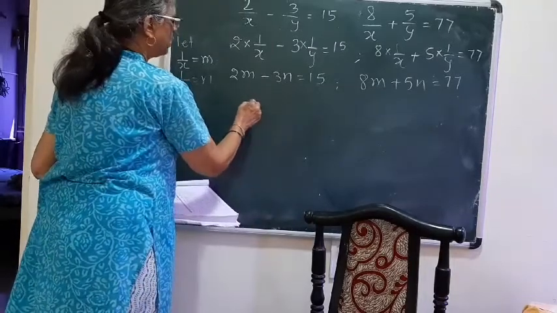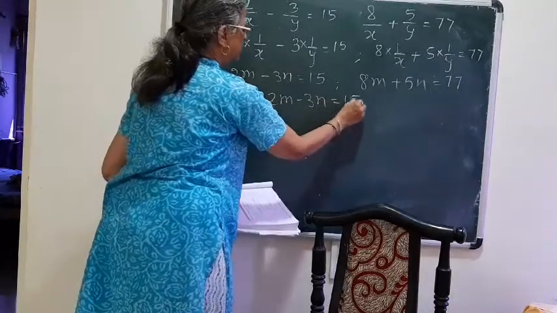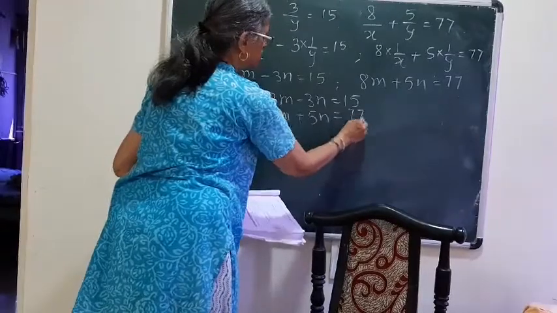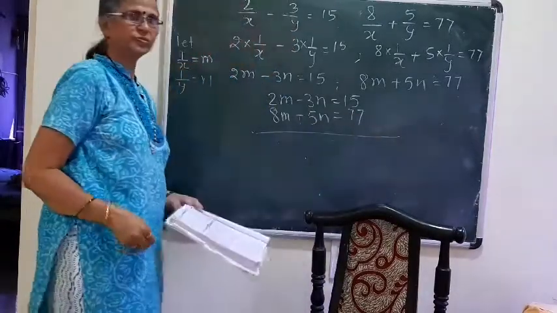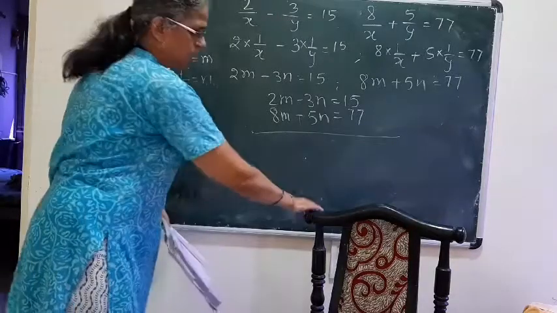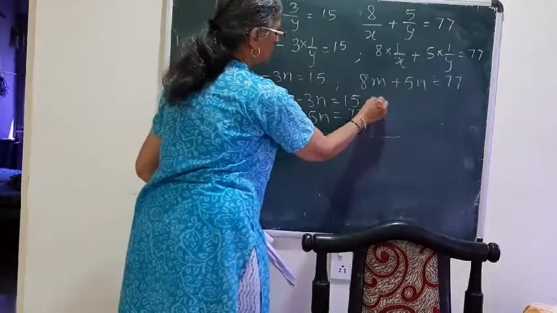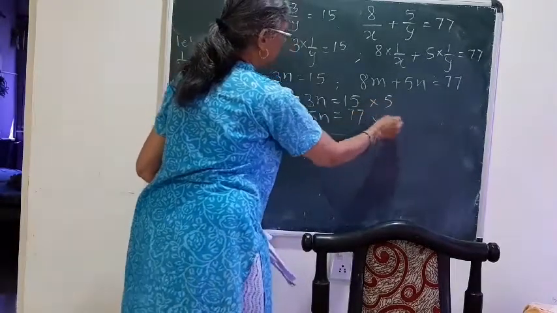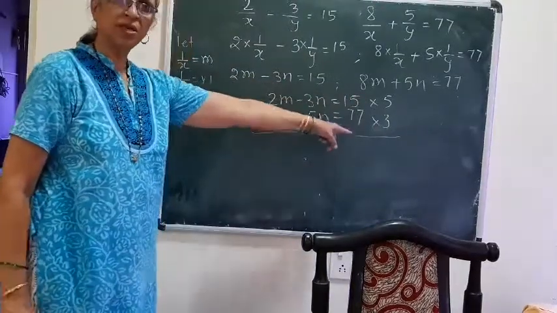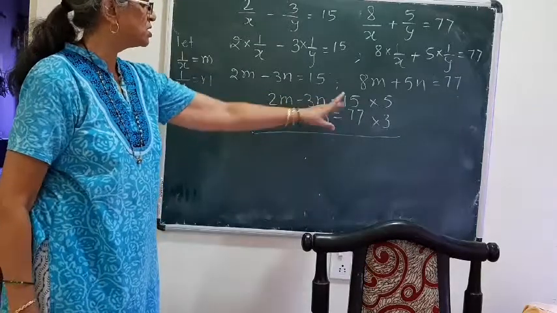Then we will write one below the other. The method of solving is the same as in 1.1. So write the equations one below the other. Now we will make the coefficients of n equal, because the signs of the n coefficients are already opposite, so we can add for that. Again remember the same method. So I will multiply the first equation by 5 and the second by 3, so that I will have minus 15n in the first equation and plus 15n in the second equation.